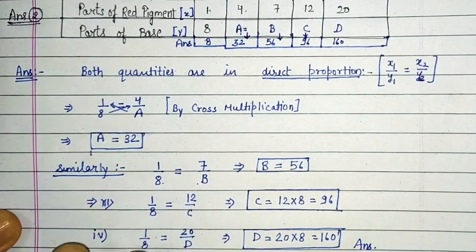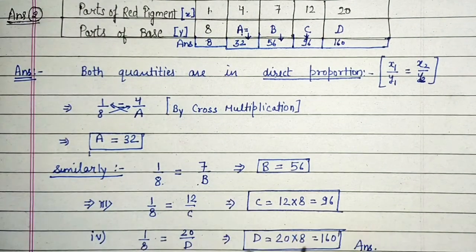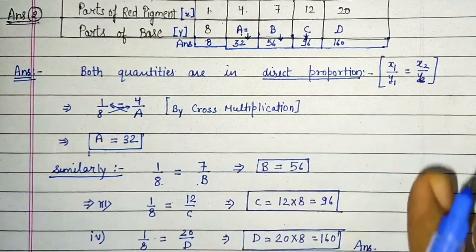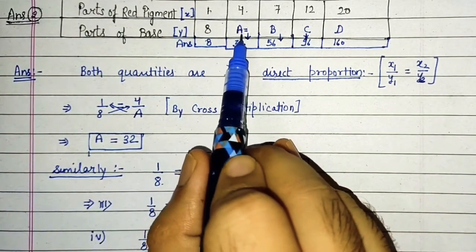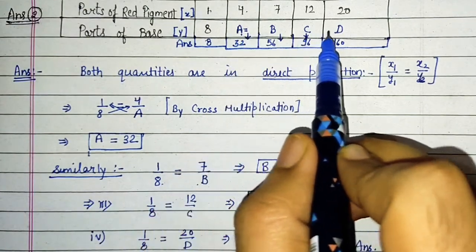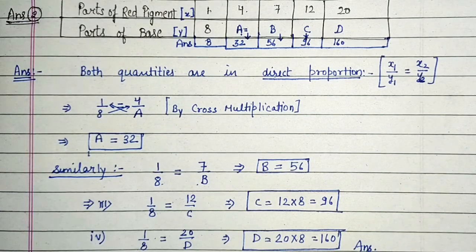Okay, now move to question number 3. Or you can do one thing also, after finding these values, again make this table with the values. You can write the values of A, B, C and D, or you can write like this, it is your choice. Now move to question number